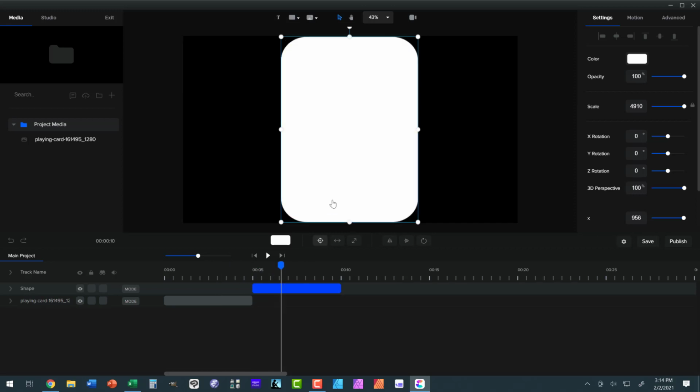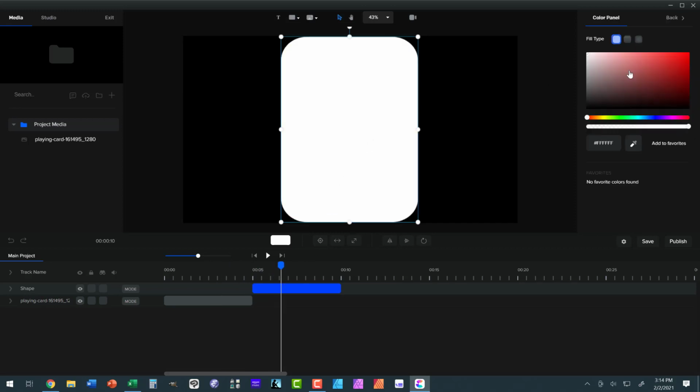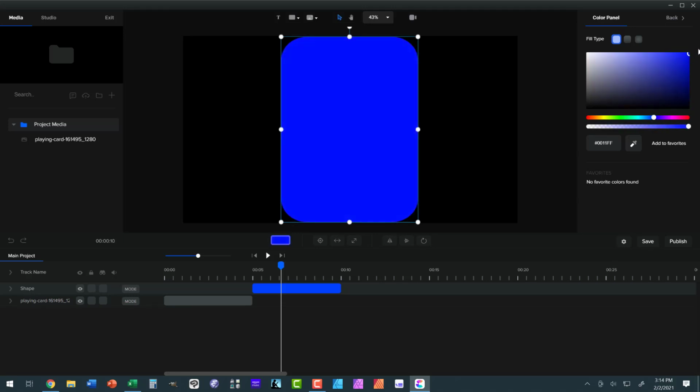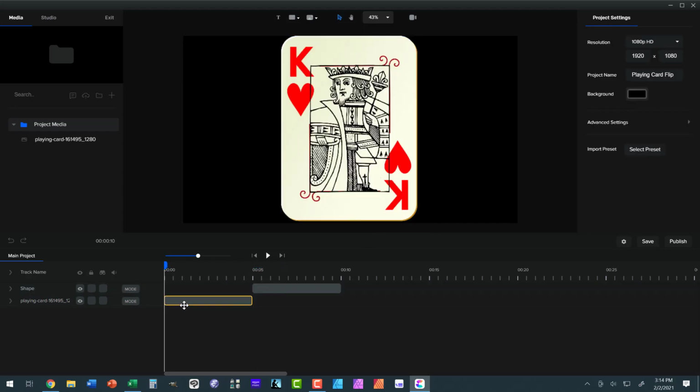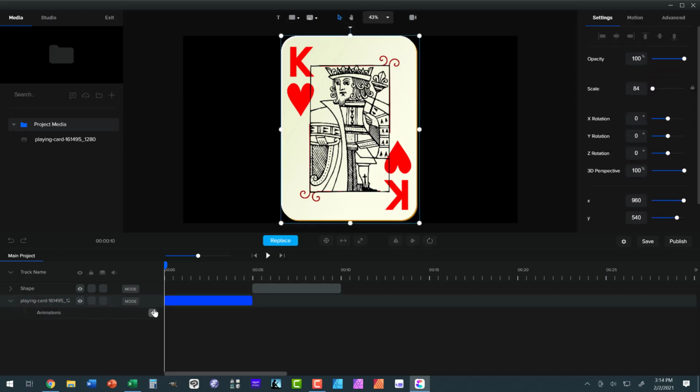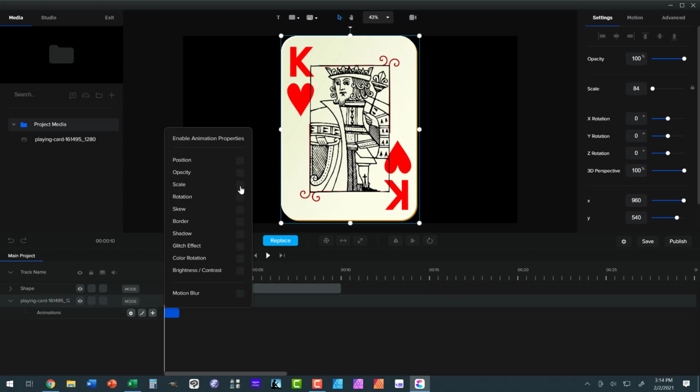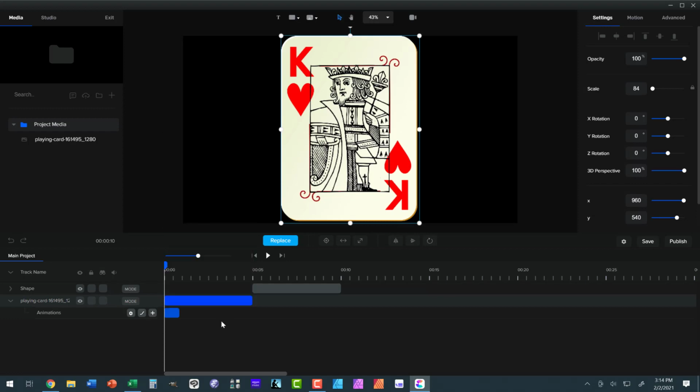Now the back, actually, I want to change to a different color, and I used blue. So let's go ahead and we'll make that blue. And now all you've got to do is take the king, go here, expand the king, and add an animation of a scale. So you had that right. And then